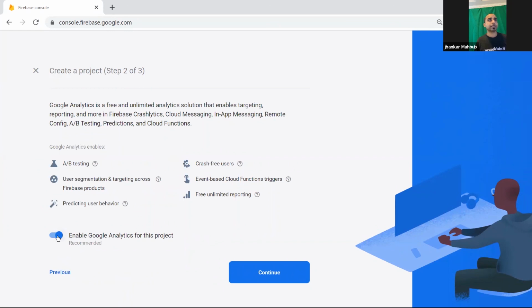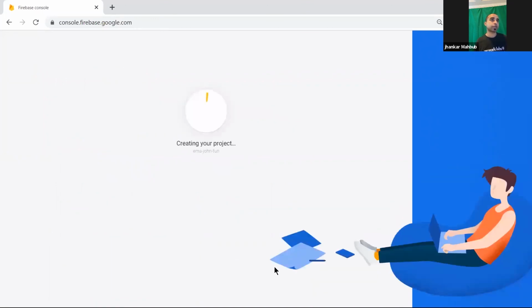Enable Google Analytics and all this information. For now, we don't want those things. Google Analytics tells you how many users visited which page, whether they clicked on it or not, where they are going, and all this related information. So we create a Firebase project, and it gives you a very nice and simplified way to add authentication, like Facebook login and Google login, which a lot of websites use.